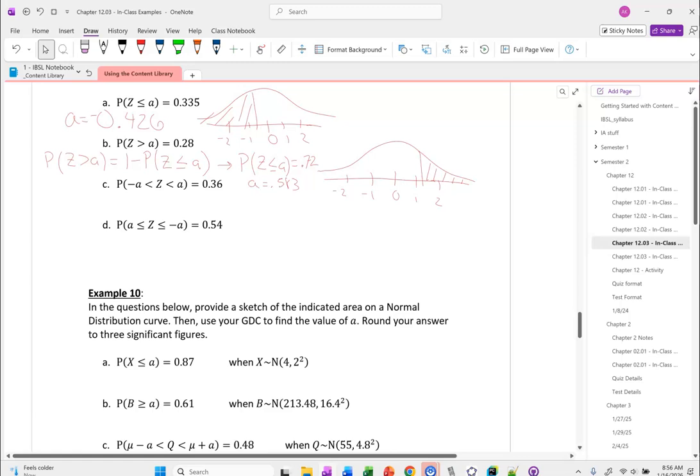What do we do for C? Whose turn is it? Probably back to Brooklyn. So, because we're looking for the measurement and given the probability, we need to use which command in our calculator? Yep, neither PDF nor CDF. You need to use the inverse norm. Right. If you're looking for the observation and you're given a probability,